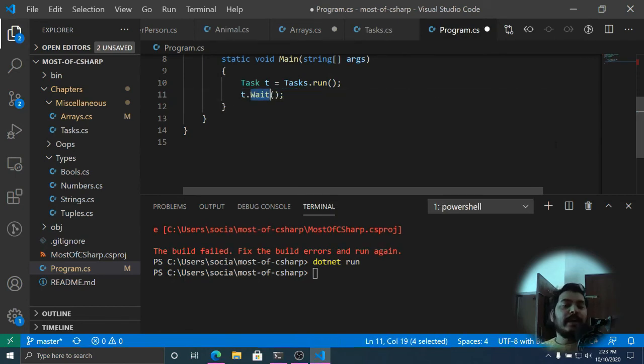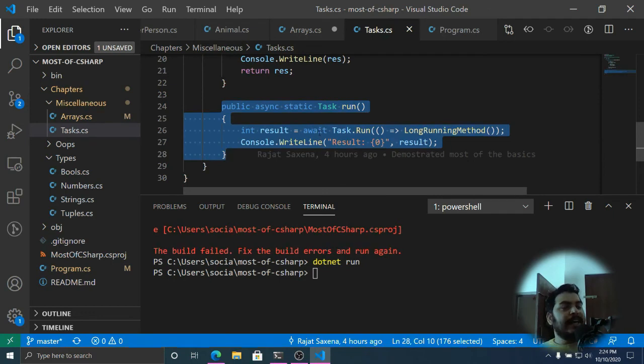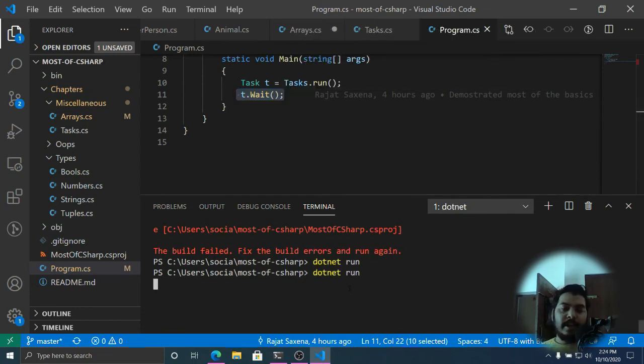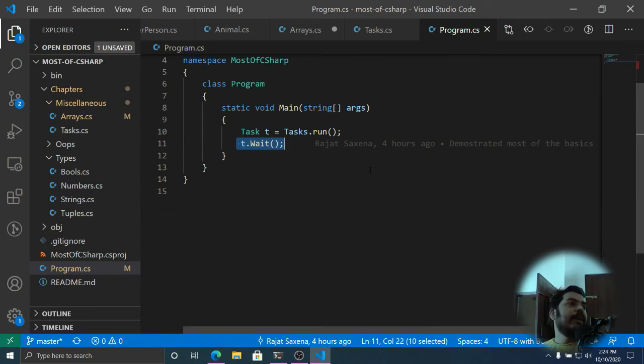There is nothing to be processed. Here by this t.wait, I am actually instructing the .NET runtime to wait on this task to get completed. And this task does its job, gets completed, produces an output. Then the .NET runtime will get the signal that this task has completed. Then only it will proceed further from this point. And as you can see here, I will get an output after a certain period of time. So this is how task can help you out in doing async programming. So if you are making some HTTP request and all, you are most probably going to use task.